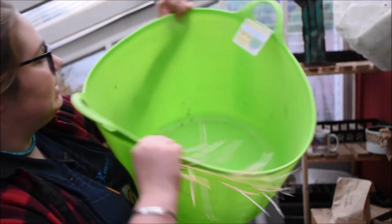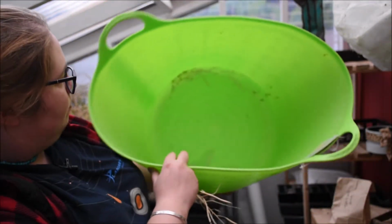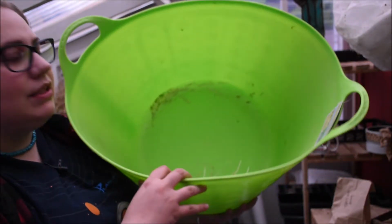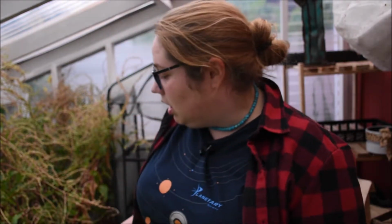But then, I don't know if you can see, we'll turn it around the other way, the seeds are also in here at the very bottom. So this makes it a really easy way to thresh out a lot of seed and keep it contained, because what you can do is you can then